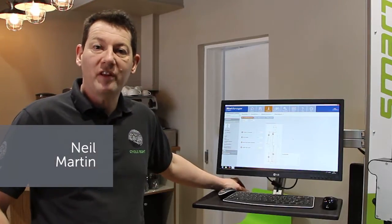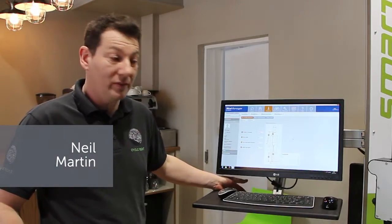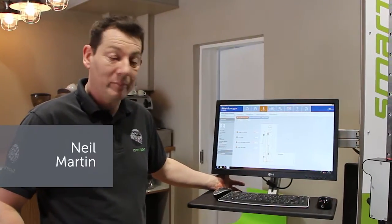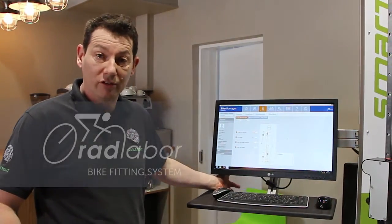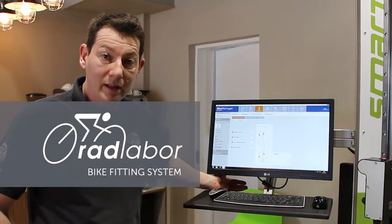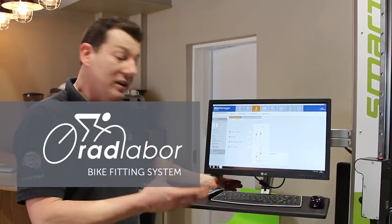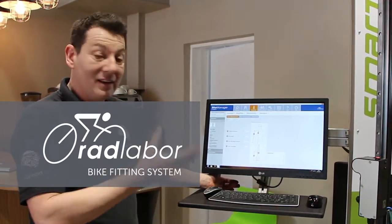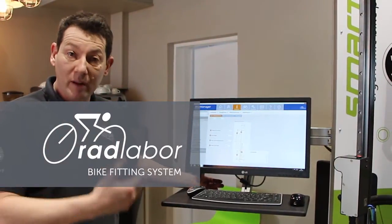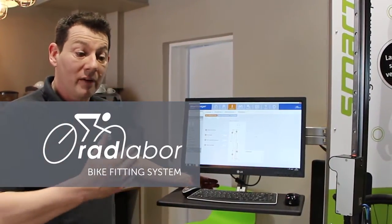The CycleRight Smart Fit process is a system we use to identify not only the style of bike that a person would like, but also the size of it, which is crucial. We've partnered with Radlabor Laboratories in Germany to utilise their bike fitting system. It incorporates a laser scanner to scan various points of your anatomy to determine frame size and, very importantly, frame